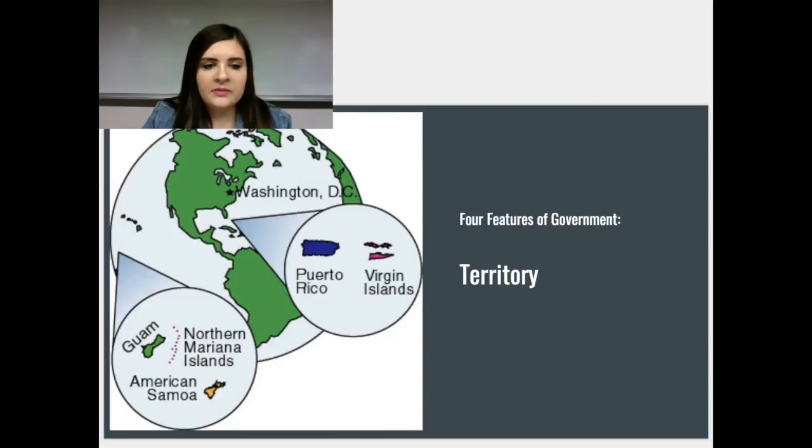The second feature of government is territory. Territory refers to the area within established boundaries. Territory can be a source of conflict among states and may change through war, negotiations, or purchase. The picture illustrated is the United States territory, which includes Guam, the Northern Mariana Islands, Puerto Rico, and the Virgin